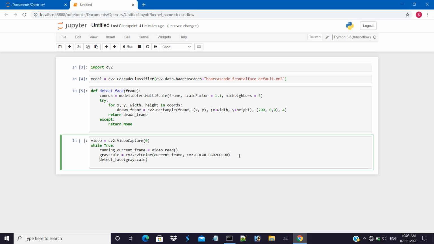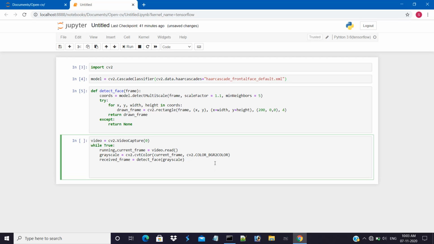We have to store this return value in, let it be, received frame. The received frame we need to show, so we have to open a window and show this. And because the received frame can be None,